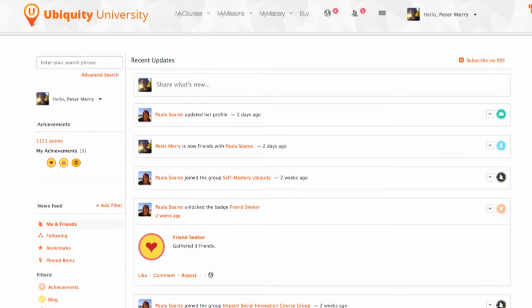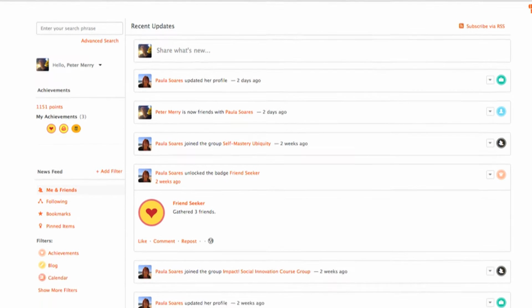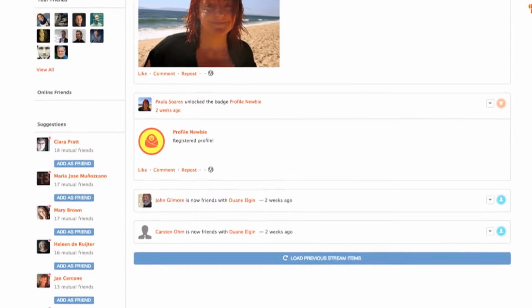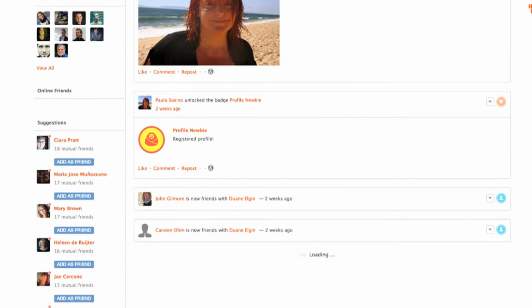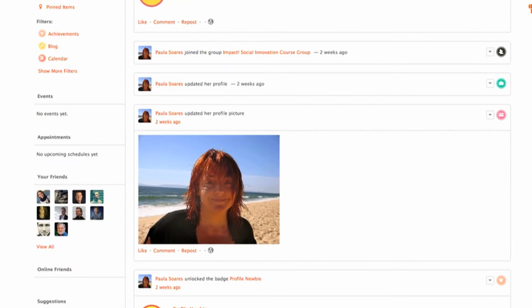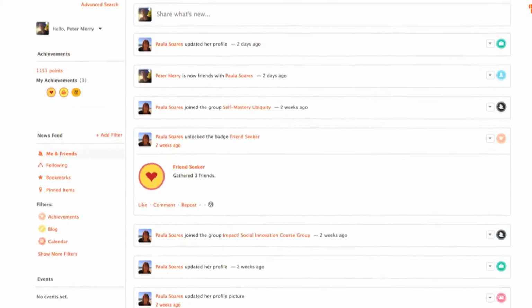So here we are on my wall. And you'll see how similar to Facebook the platform is. We were really committed to building a social platform that wasn't just content delivery, but really stimulated community and creativity. So this is my wall, as you would see in Facebook, with news about what people are doing that I'm connected to, friend suggestions, current friends who are around,